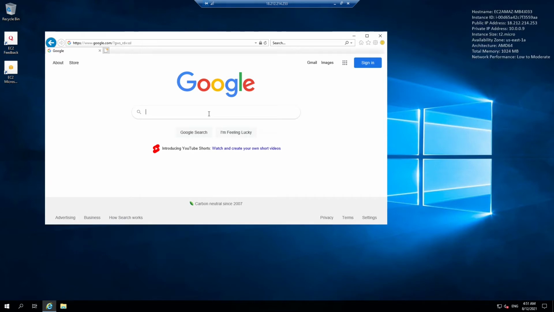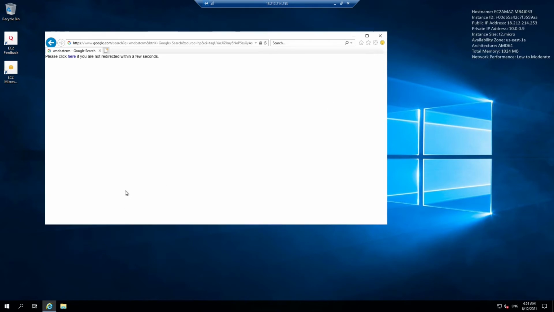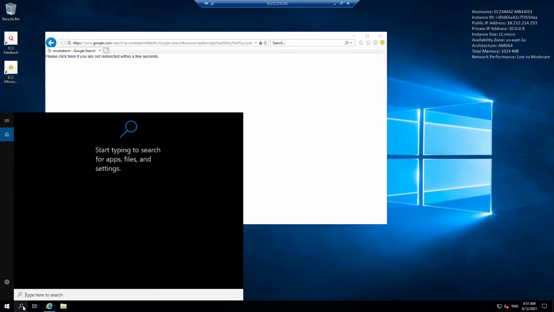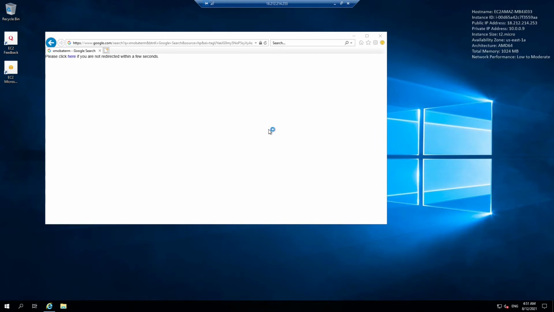Okay, open an internet browser. Now we need to download a terminal like PuTTY or MobaXterm to connect to our Linux instance. Okay, to avoid these internet errors, what we can do is go to our Server Manager app.